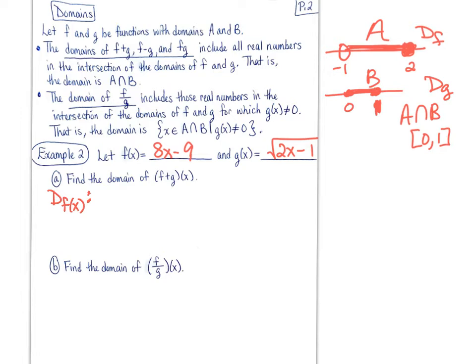It's the domain of f of x. All real numbers. Good. So that's negative infinity to infinity. The domain of g of x you have to write out a little bit. So the domain of g of x